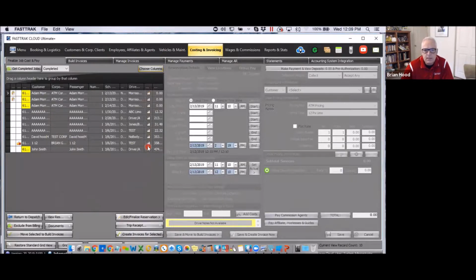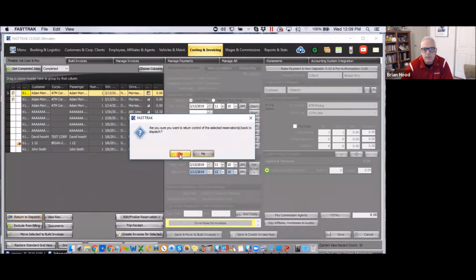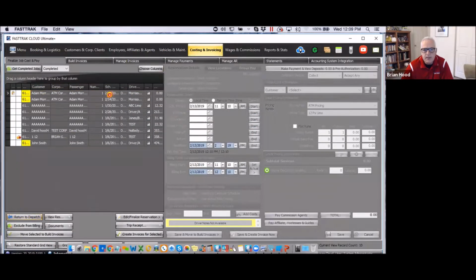A couple other things I can do in here. A job that has been pulled back to dispatch or into the billing area for one reason or another, maybe dispatch still needs to make some changes to it. By highlighting that reservation and selecting the return to dispatch, it will return control back to the dispatch area. You'll see it leaves this window here,